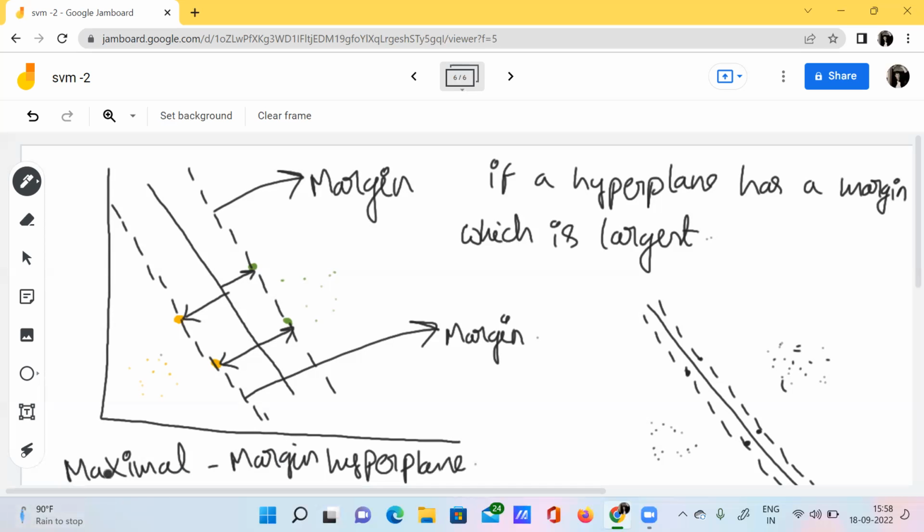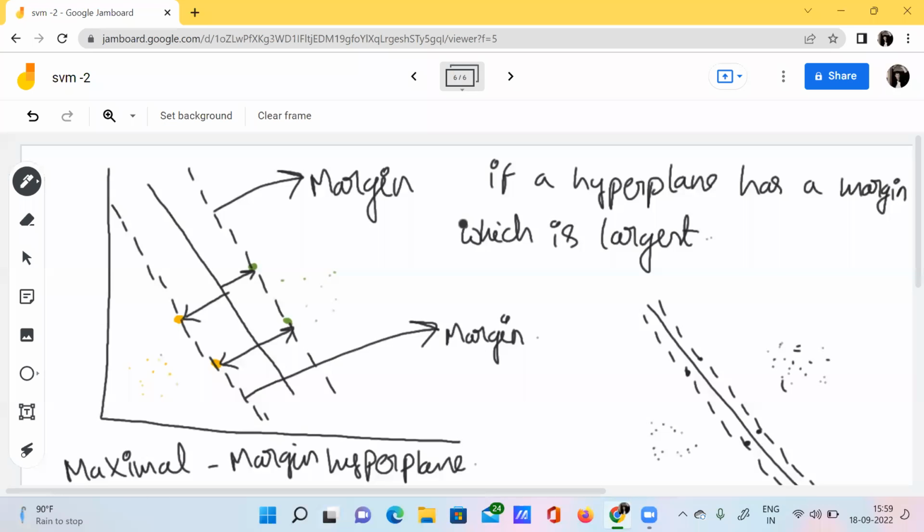Maximal is nothing but the distance between this hyperplane and this margin should be somewhat wider, right? If we have a somewhat wider margin, then we can call it a maximal margin hyperplane.